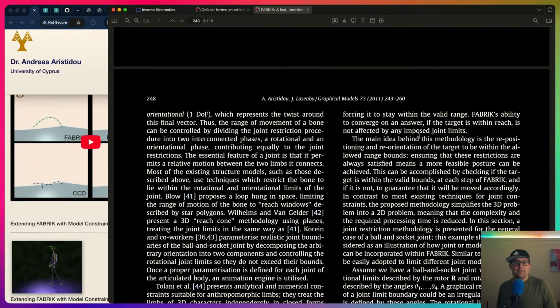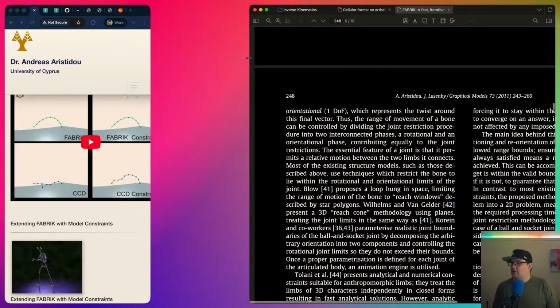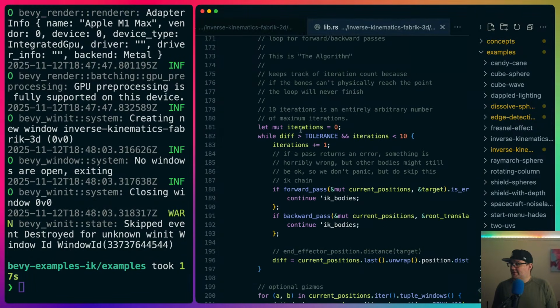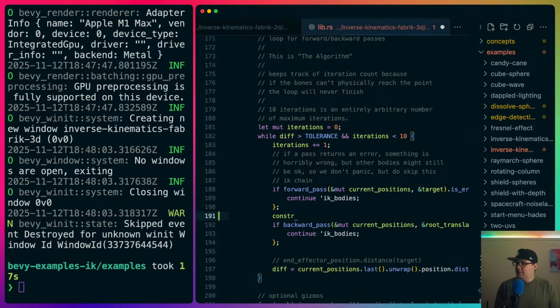You would do it every time a node position is changed in the solver loop. Given what I know about the algorithm, the intuitive place that I have in my mind to place this is: do the forward pass, do the constraint, then do the backward pass. Don't change the forward pass at all. Just do the constraint between forward and backward. Because the way this works is we move the end effector into the target spot and yank the chain,